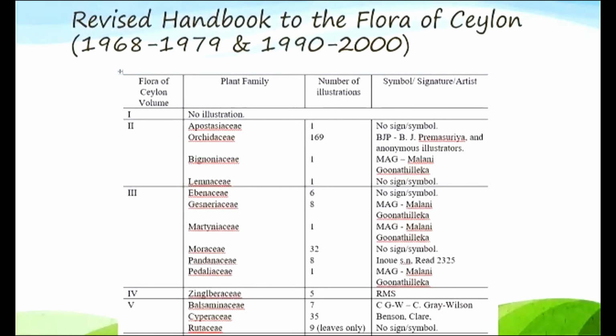In some cases, their signatures are available near the illustrations. So then I searched through their signatures and tried to find the names of the illustrators. In this activity, I found that some of the illustrations, especially the 169 illustrations created under the family Orchidaceae, are done by Mr. B.G. Surya, and there are some illustrators like Malini Gunatilaka